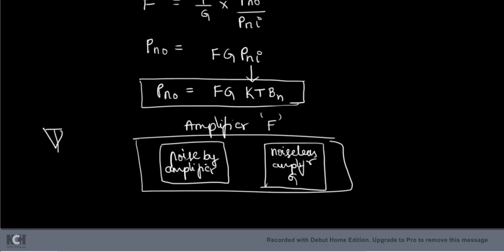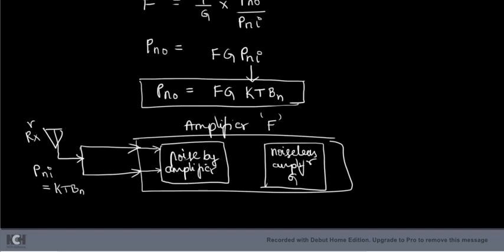So this is my receiving antenna now. Because of this receiving antenna, what is the input noise I am going to get? PNI. This PNI is equal to what? KTBN. That is because of the thermal noise of the receiving antenna. So this is the noise given as input to the amplifier. Inside the amplifier, you can consider that you have noise provided by the amplifier also. That I did not consider for the previous derivation. So there will be some noise added by the amplifier also. That is what I have represented as an internal box: noise added by the amplifier.